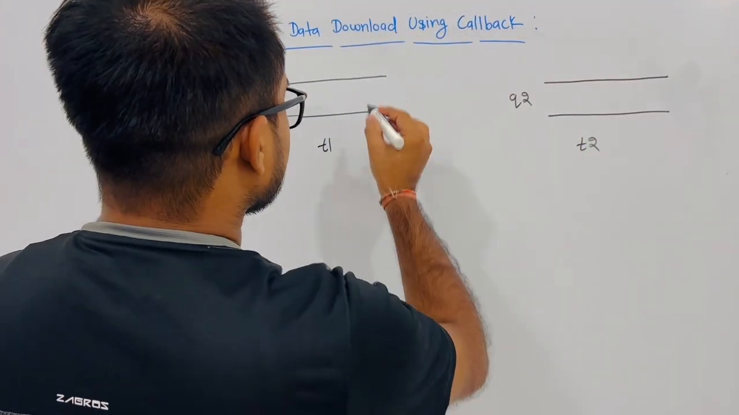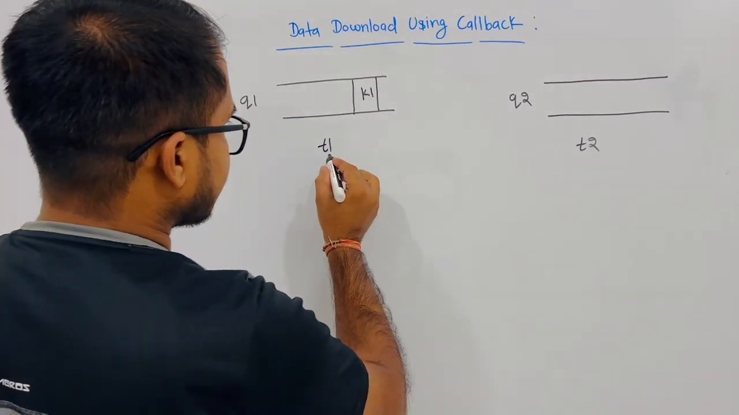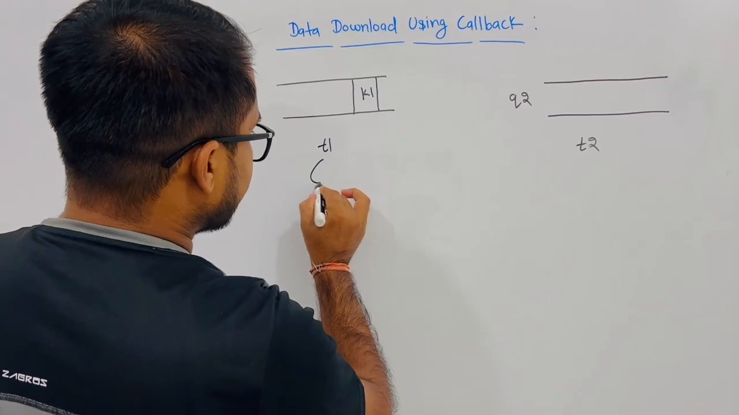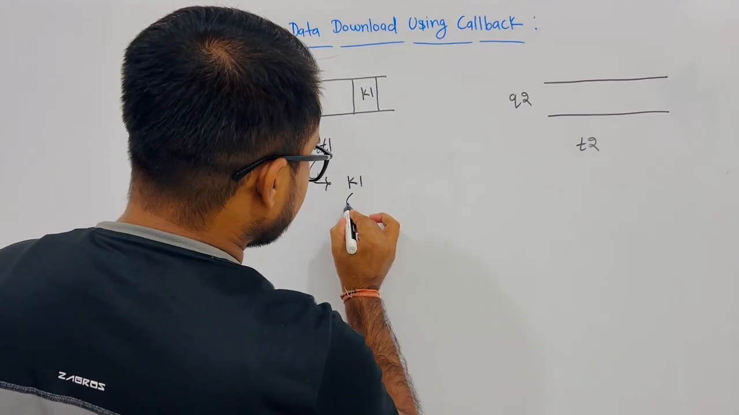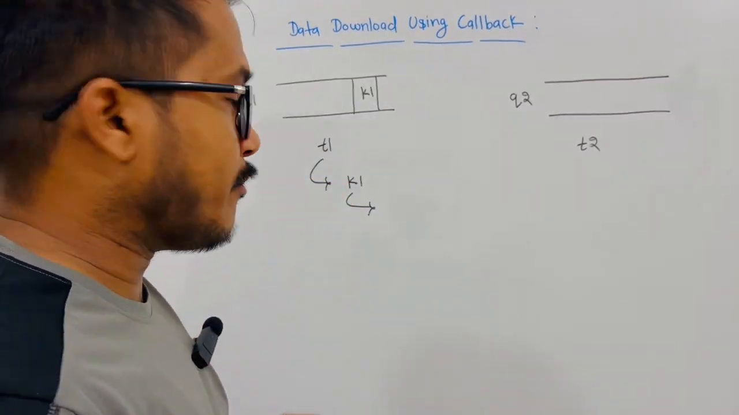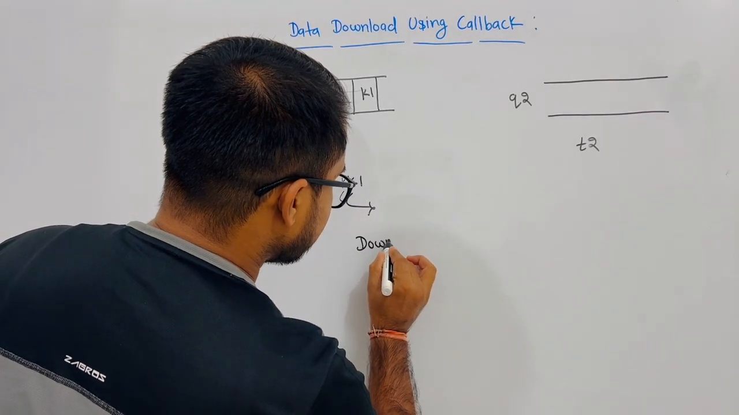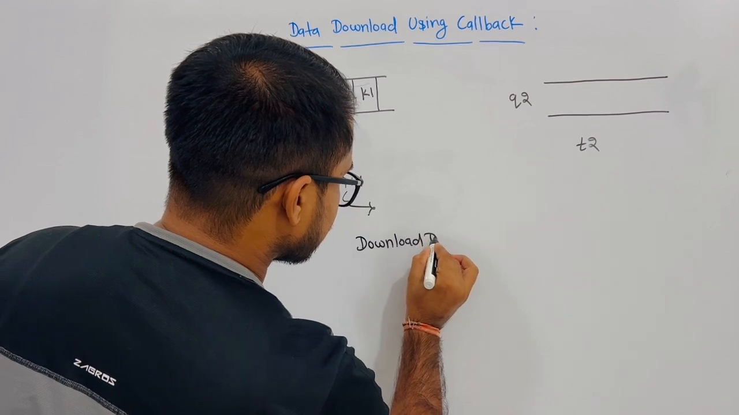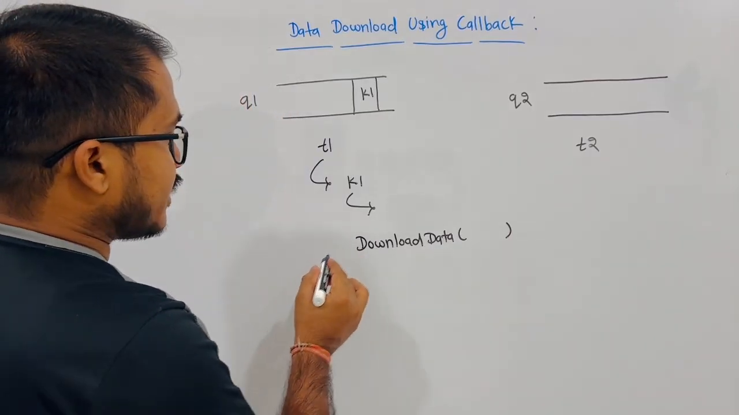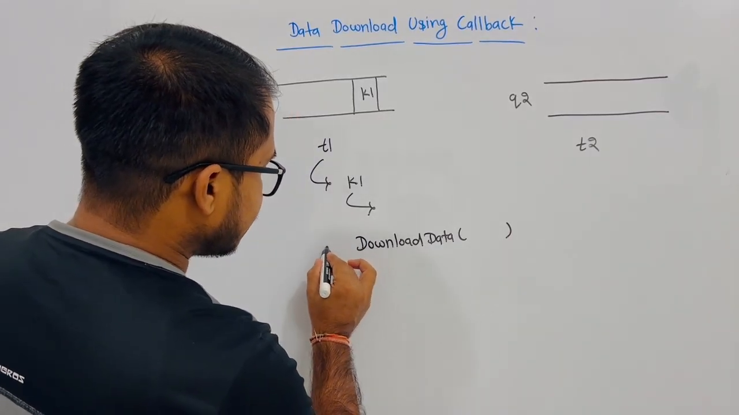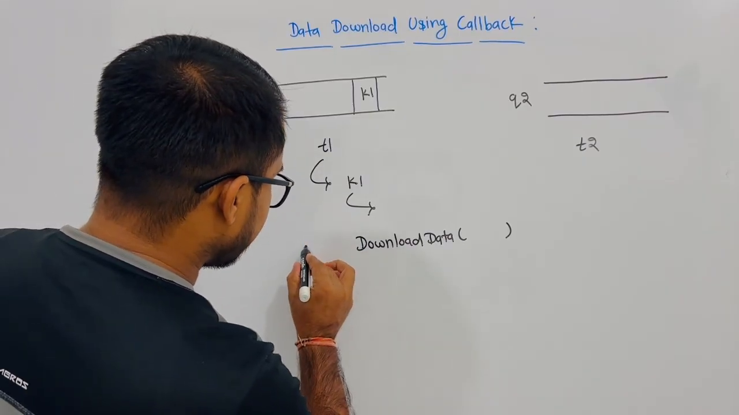So what happens is, this particular thread T1 receives the task, let's say task K1, and when it tries to execute this particular task K1, at that time it will download the data. We understood this some time back. So when this download data function call will happen, at that time what we will do is, instead of downloading the data using the blocking call, we will post this particular task using